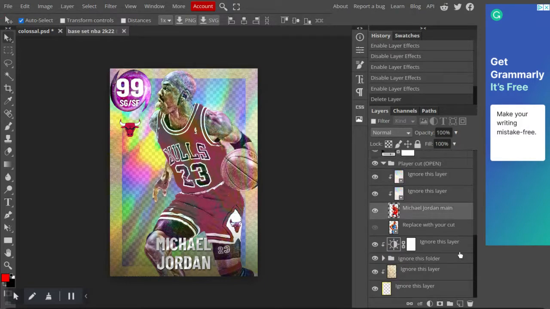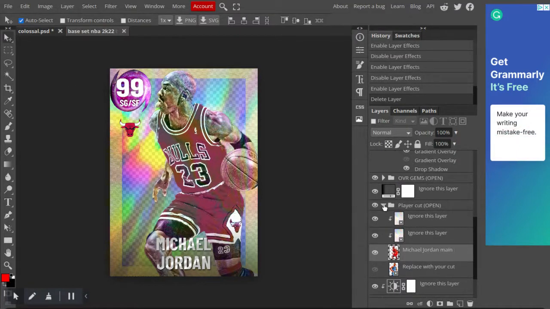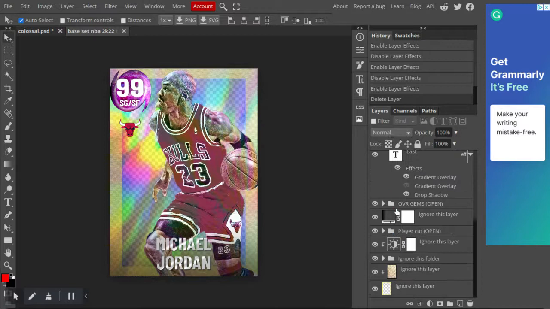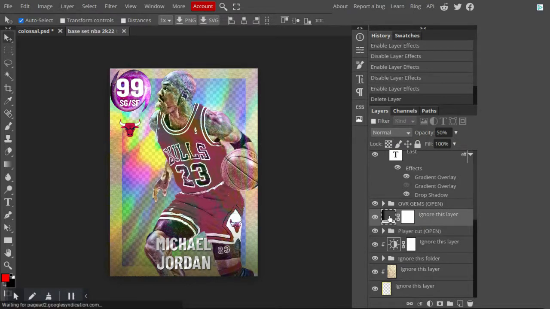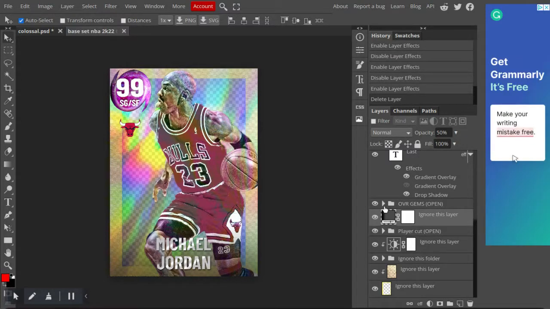And then, you want to click this arrow to collapse the view. And then you want to select this, ignore this layer. It looks like this. I can't zoom in, but basically it's like this little slider thing and this black thing with gray and raster mask. You basically want to select this, and then